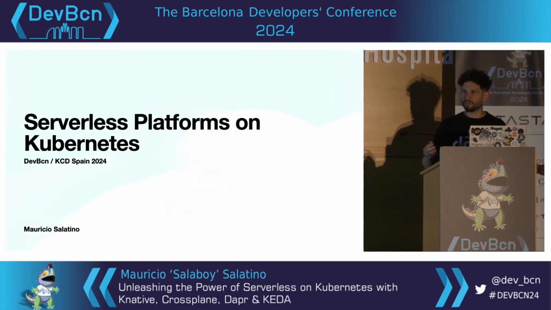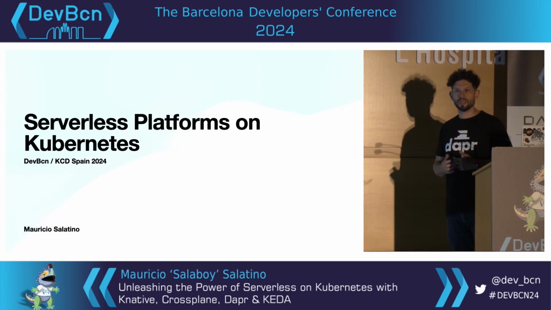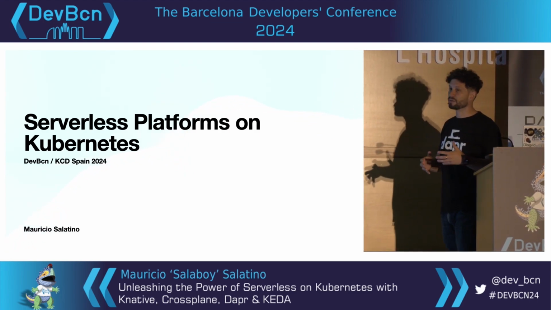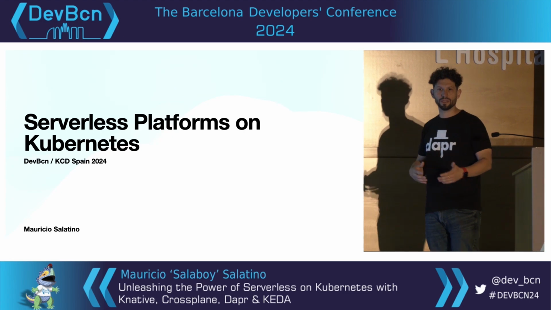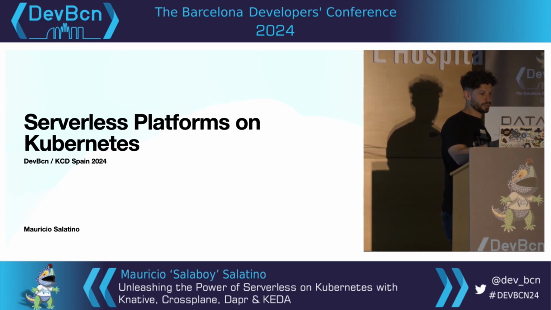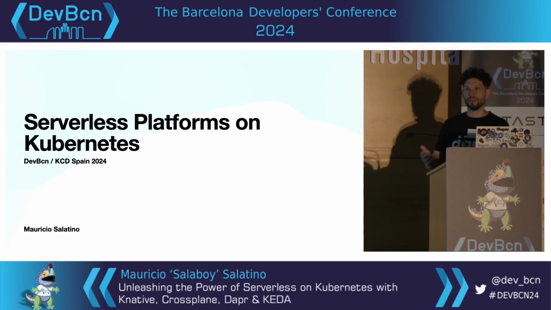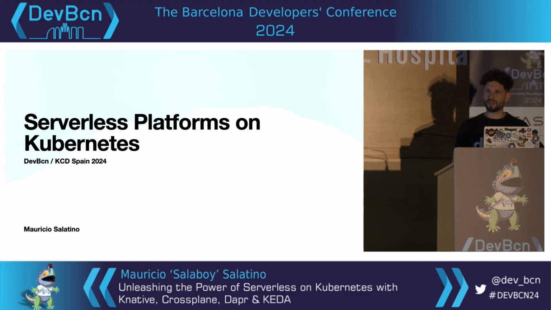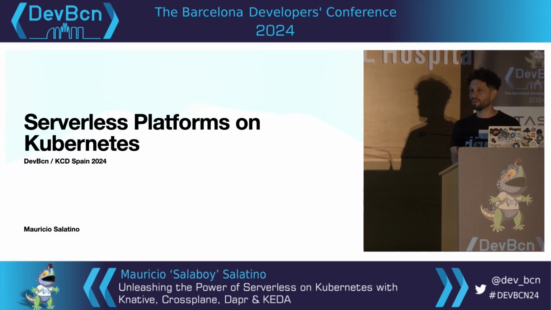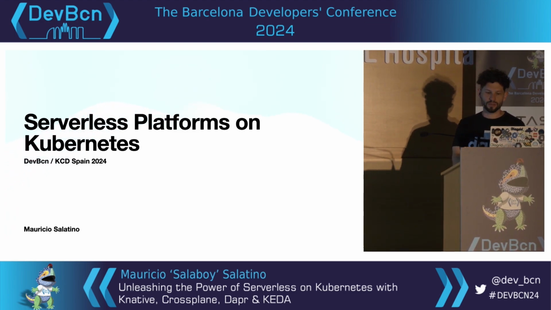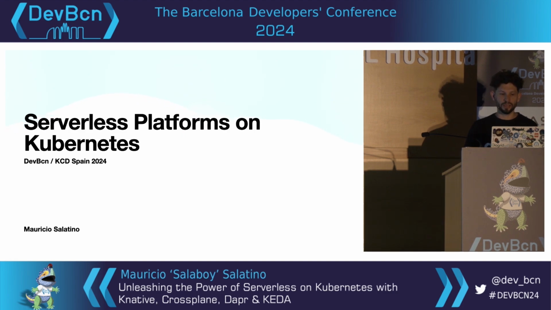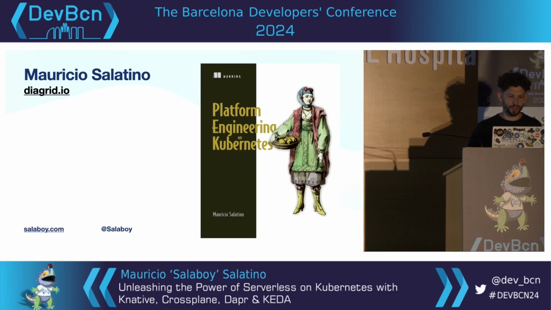Important when we talk about platforms, basically we are talking about combining a different set of projects to achieve something, to enable different teams. And what we are going to be talking specifically today is about serverless on top of Kubernetes, which is a specific thing that some people might want and some people are not interested. So it's not for everyone, but I think that it has some advantages that you might consider at some point.